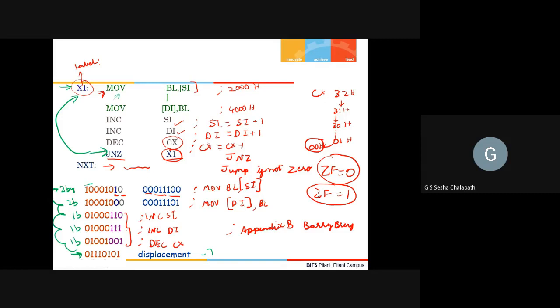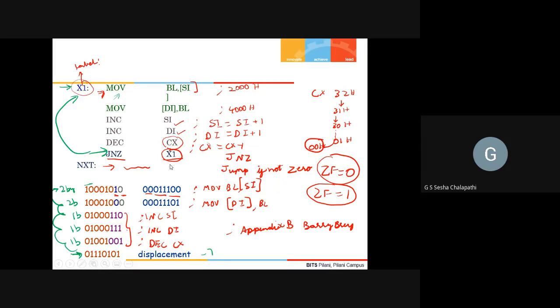So that's why we work with labels. The compiler will replace these labels when you compile it and generate the machine code. In the machine code, it will replace this XX with F7, in this case the displacement. There will be no labels present in your compiled code, right? Okay, sir. Thank you, sir.